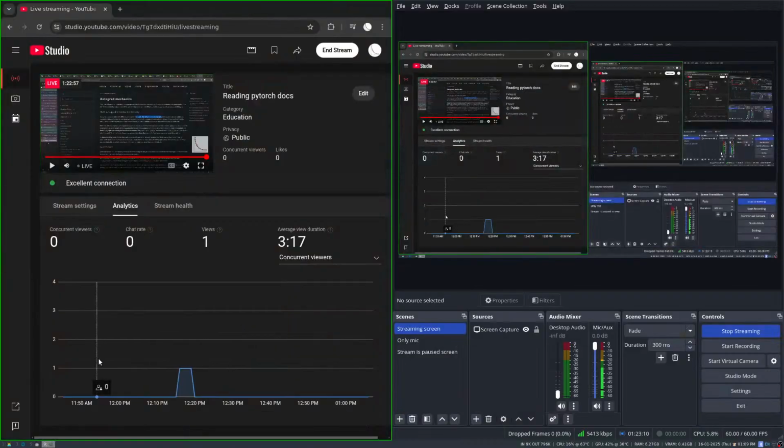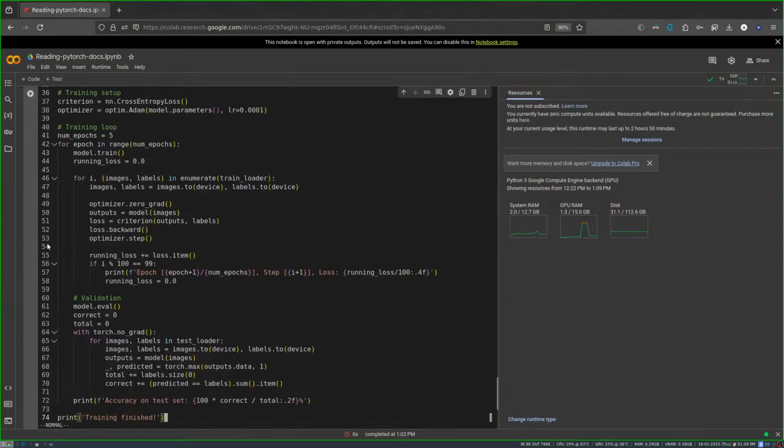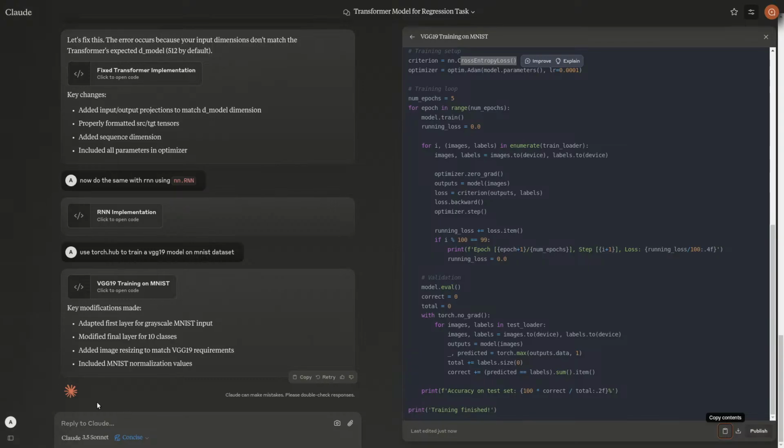Okay, we'll try. I mean, anyway, it will take some time to load the model, doesn't it? In the meantime, we will try this thing. model.train, running loss equal to 0. For each image, label in enumerate, we load the image to the device, which is CUDA. Optimize, we take the output, loss, and update the running loss. We print the